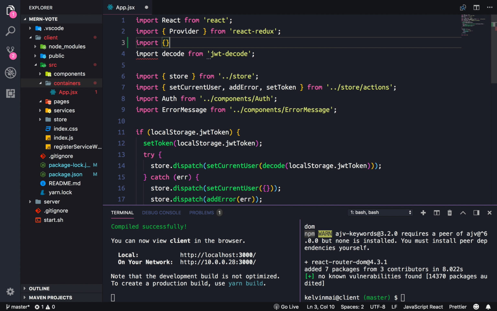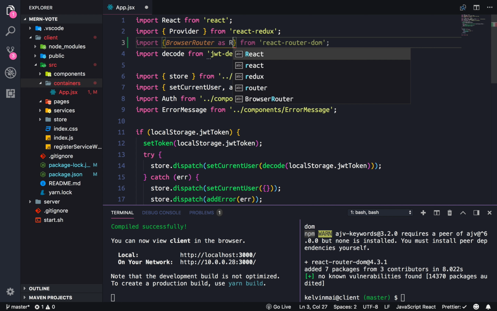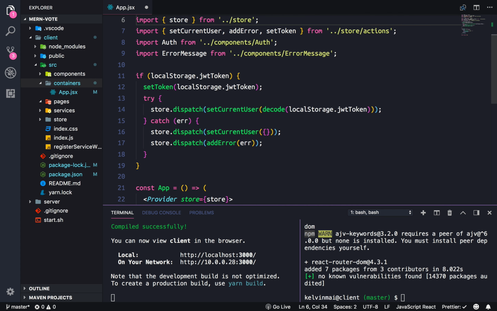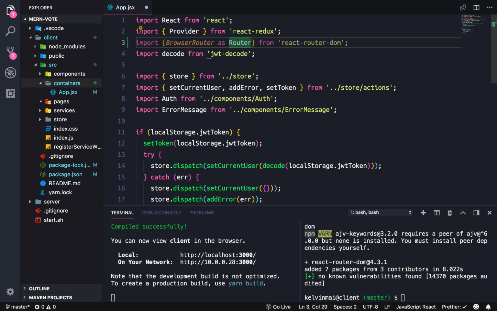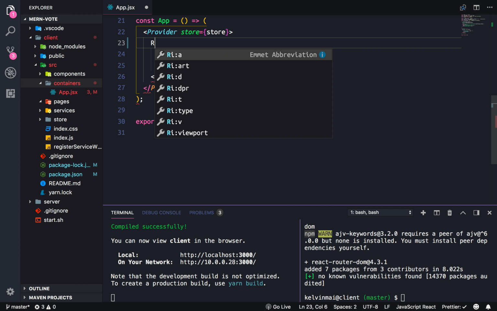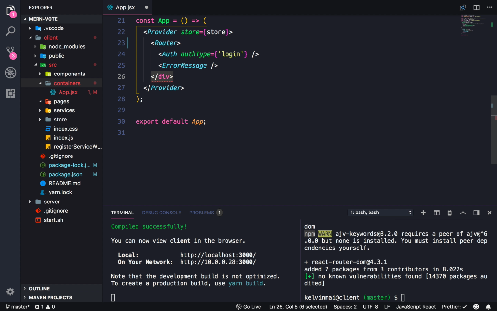Import from React router DOM. And there are actually two different routers that you can use. You can use the hash router, but we're going to use the browser router for this. And I am going to alias it as router just to make it a little easier. And then this is a React component, so we just drop it in here, like so. Router. Close the tab,